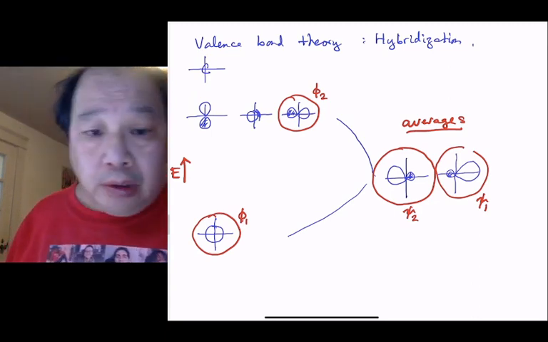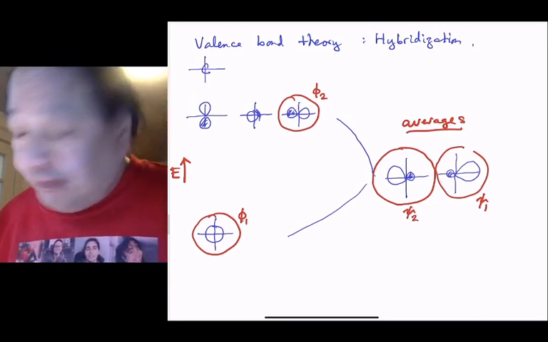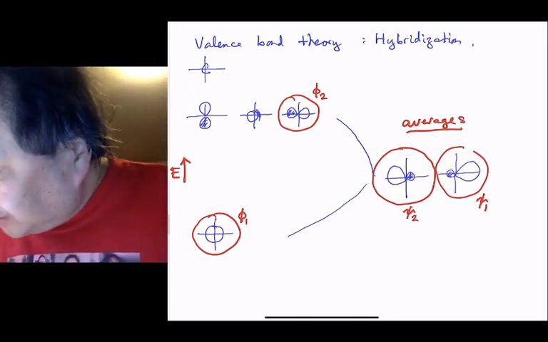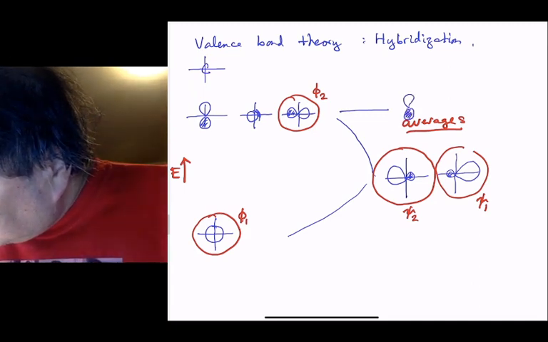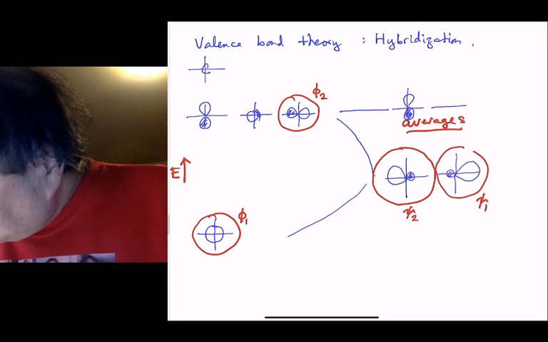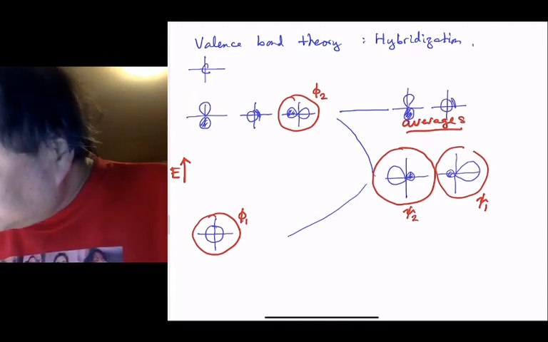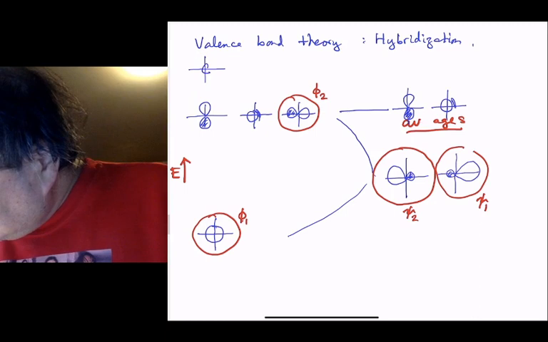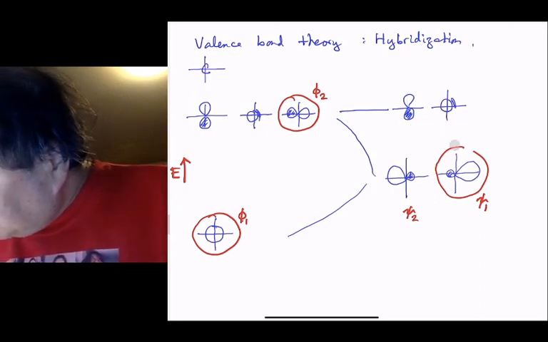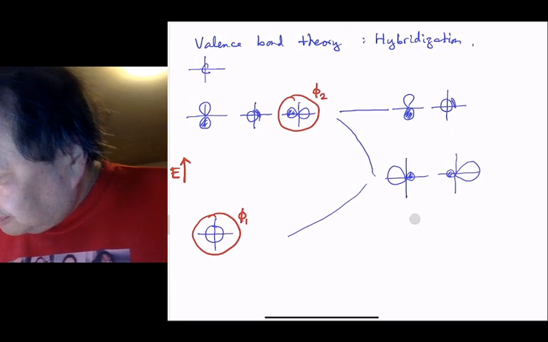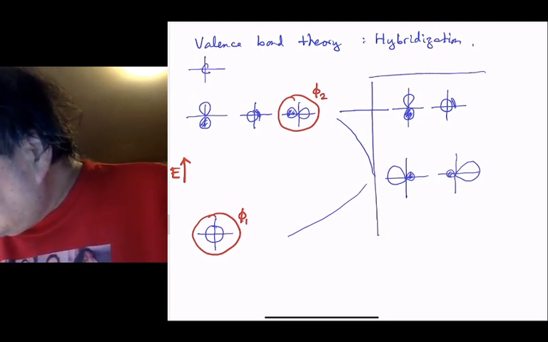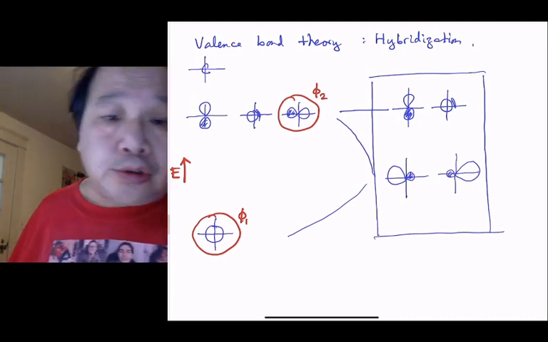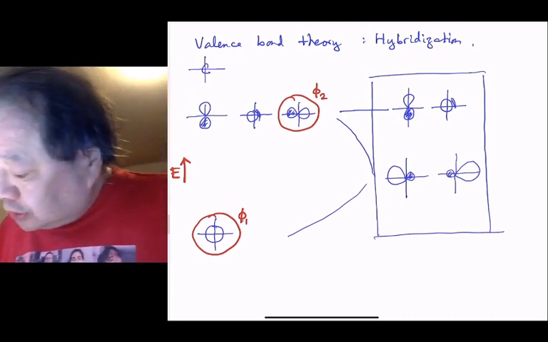We've mixed those two, and having mixed some orbitals, we have to carry over the remaining orbitals. So I'll carry over the remaining orbitals here. This orbital here, and this orbital here. Let me get rid of some of these circles. They're hard to see. We have two higher energy p orbitals, two lower energy sp orbitals, and this is called